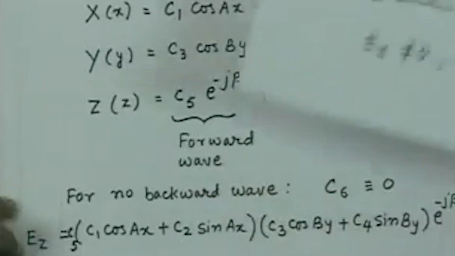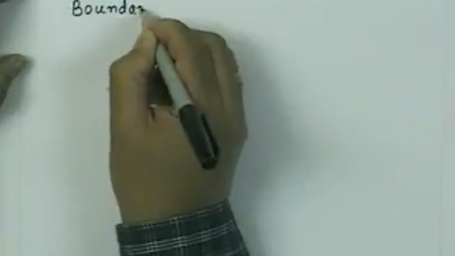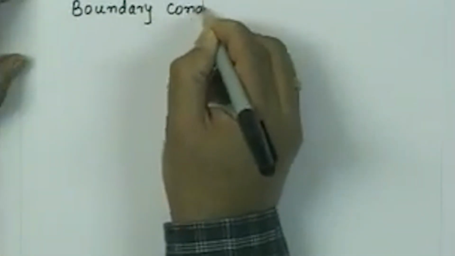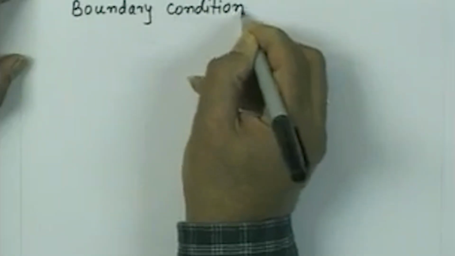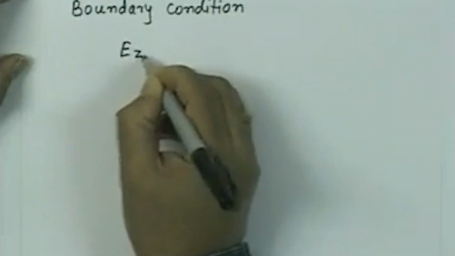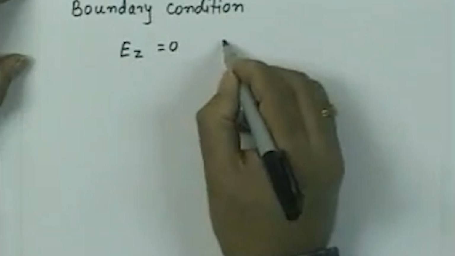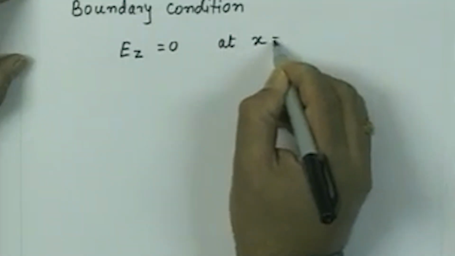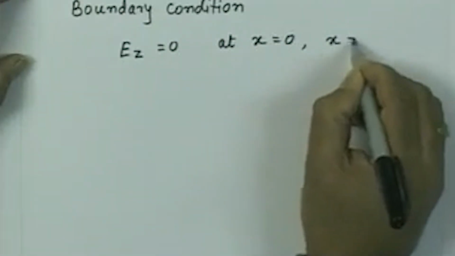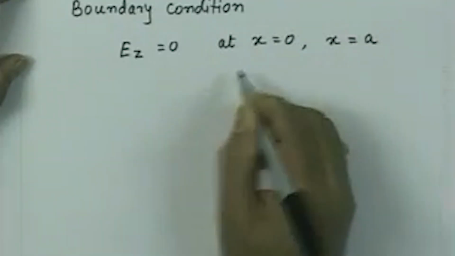So, we have a boundary condition now to apply on Ez, and that is Ez is equal to 0 at x equal to 0, x equal to a, and